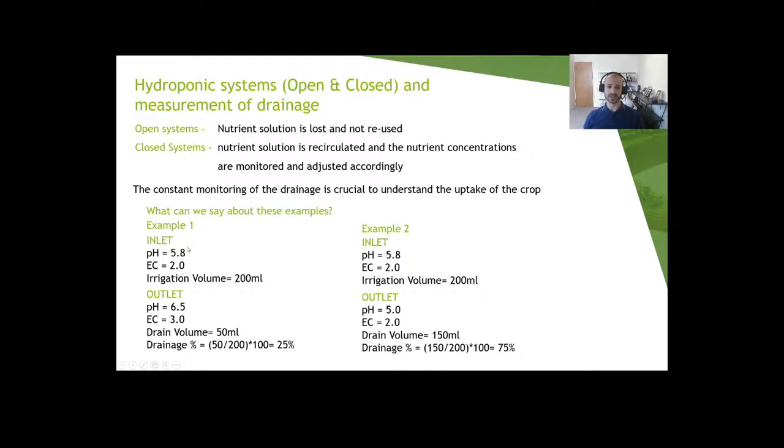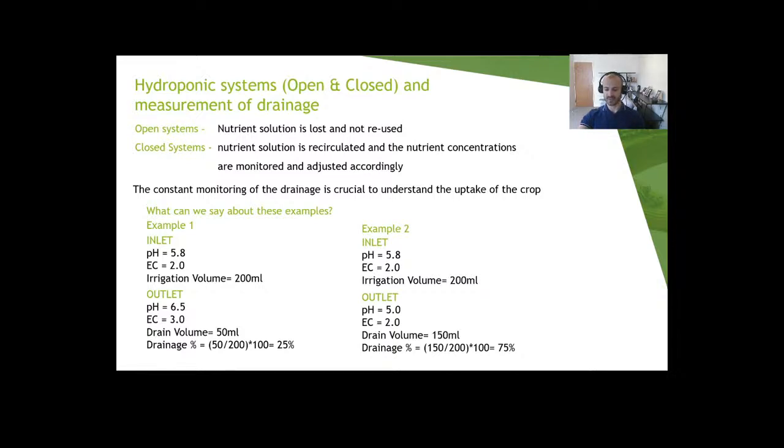For example, in the first one, we are fertigating at 5.8 pH and with an EC of 2. And we are irrigating 200 milliliters per dripper, so per plant. What is coming out? It's coming out at pH 6.5, EC 3, and it's coming out only 25% of what we have irrigated. What does it mean? So why is the pH increasing? Most likely,